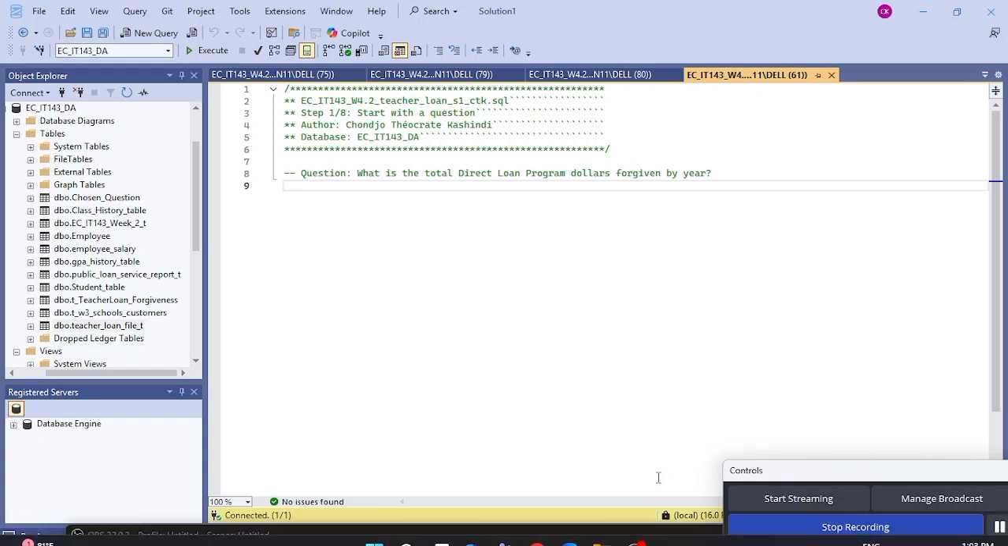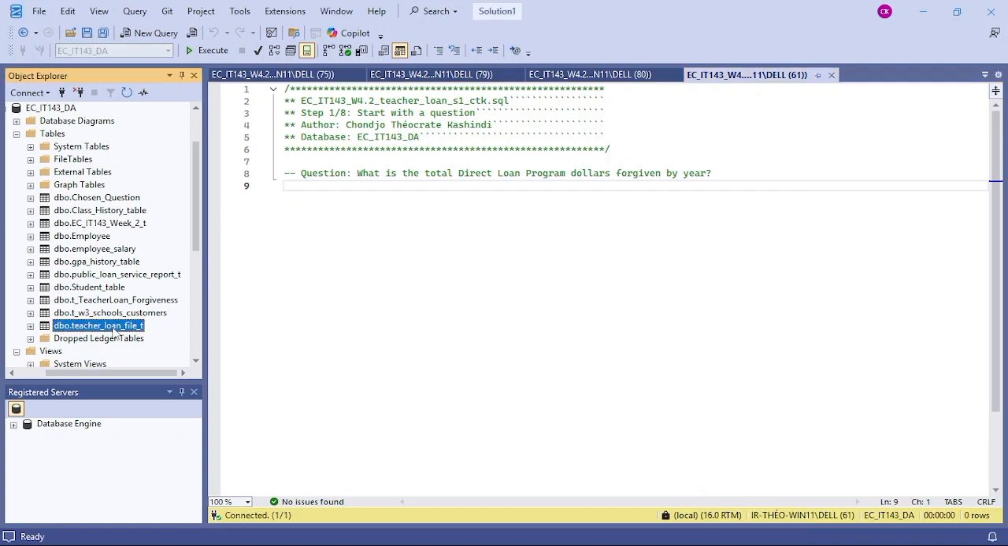Previously, I presented the two communities data sets I've chosen. This assignment used the same data sets, the teacher loan file table or data set and the public loan service report table or data set. For my communities analysis, this SQL data manipulation and sales forecast approach assignment,